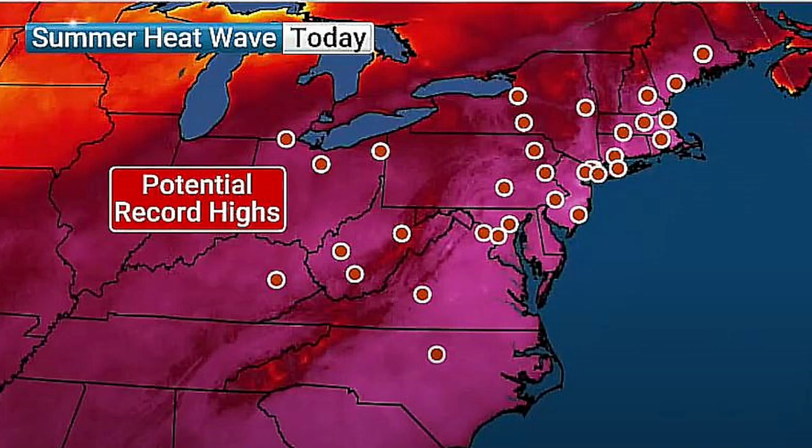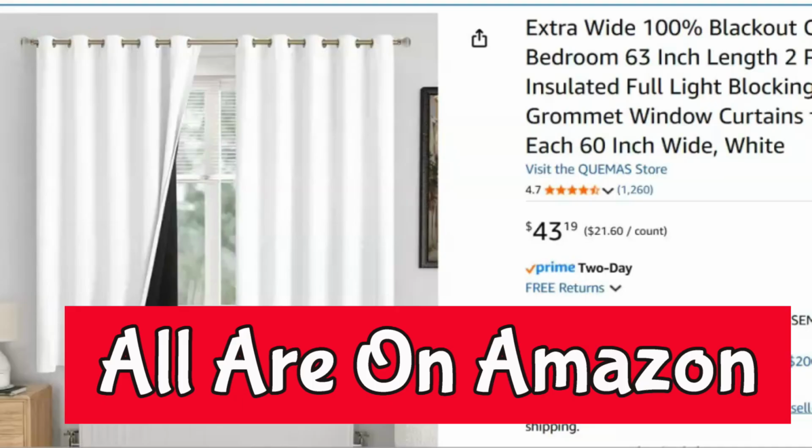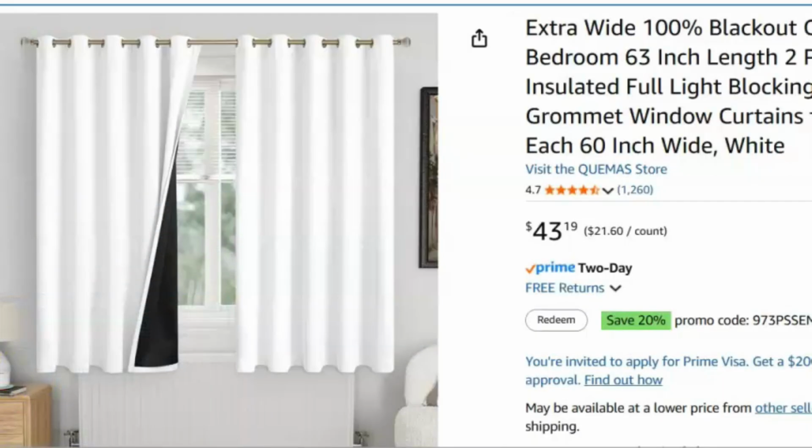What did I do when it got really hot here? Well, I prepared ahead and I ordered and put up what they call blackout curtains. These are the best blackout curtains ever. One side is black and the other side is white. I put the white side towards the window so it would reflect the heat and actually lowered the temperature here